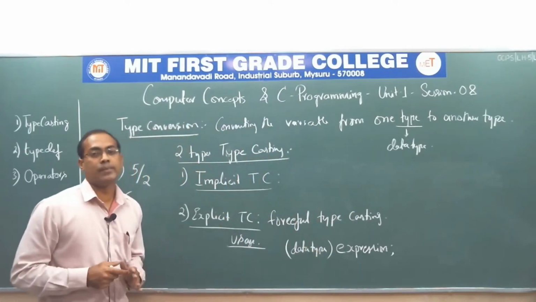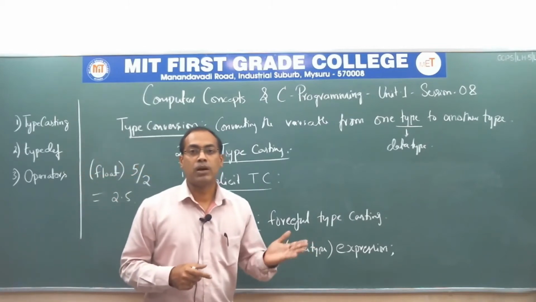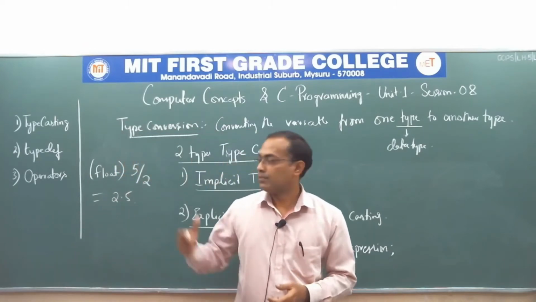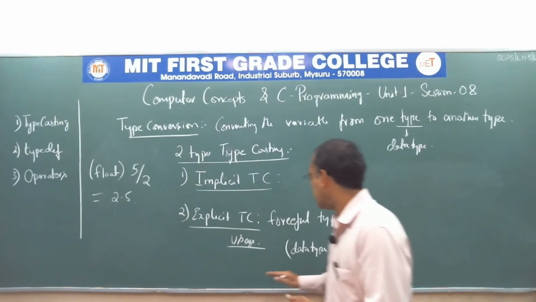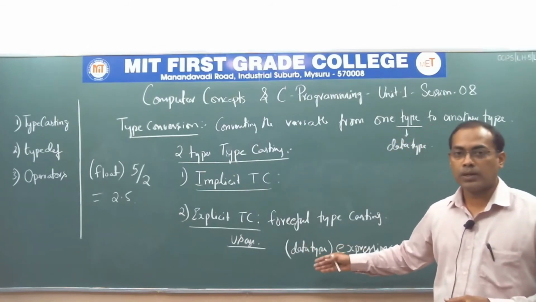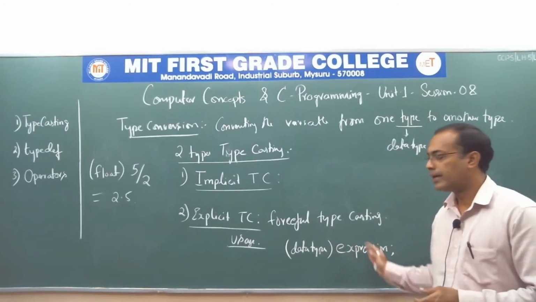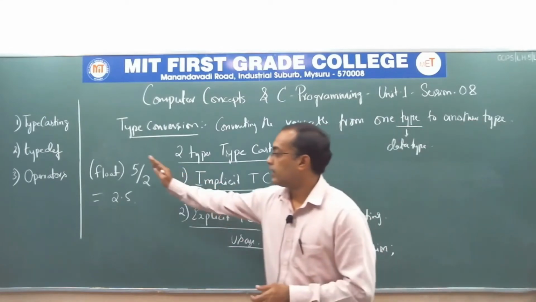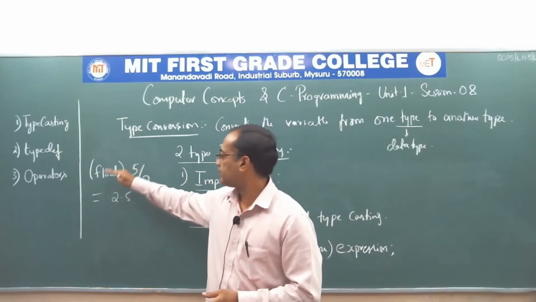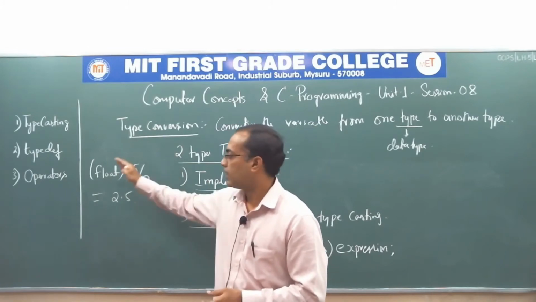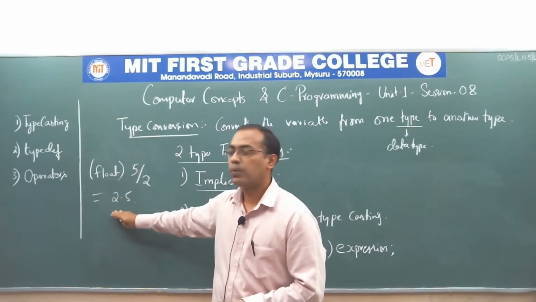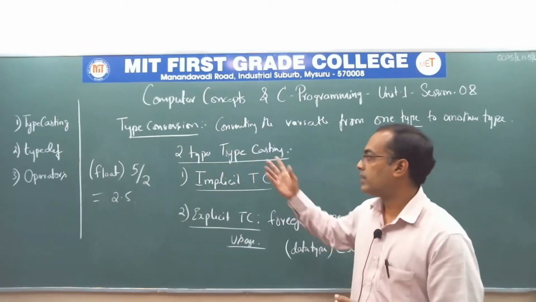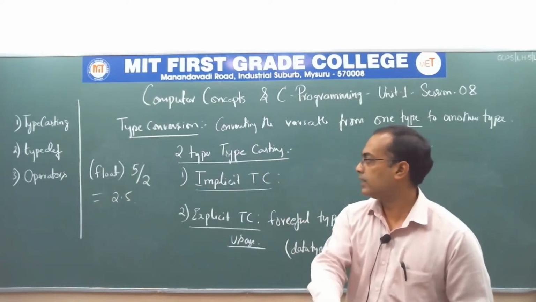Next we saw the explicit typecasting, which means forceful conversion of the type of variable from one type to another type by writing a command is called explicit typecasting. For that, the usage is whatever data type you want to convert to, you have to write within the parenthesis, and next comes the expression. So before the expression you need to mention the data type. Here we have taken the example, 5 divided by 2 is the expression and the float is nothing but the destination. Now we got the answer 2.5. This is what typecasting is all about. Now we'll look into the next concept of today's session, that is typedef.